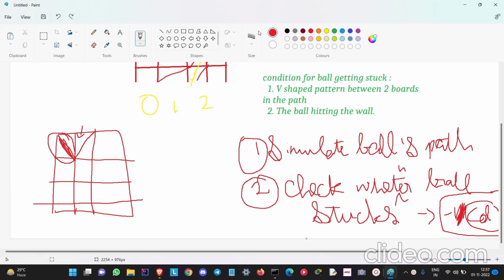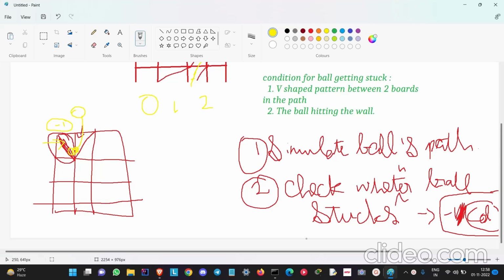So in this case, if we drop a ball, let's have a yellow ball, and if we drop the ball, it is stuck here. So what is the condition when we move to the left direction? We need to check the immediate left neighbor of the current board. So if it is in opposite direction, which is -1, in case of this problem, we'll say that